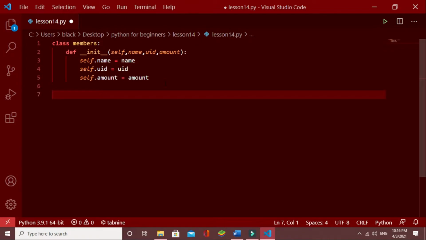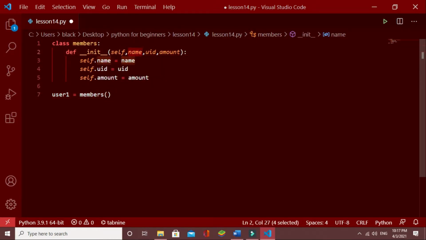For example, let's say user1. User1 is a member of this bank, and now I'm going to give properties for this user1. To do that, type members, which is the class name or the prototype for this user, then its inputs.